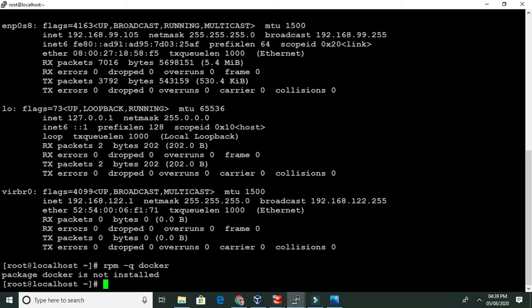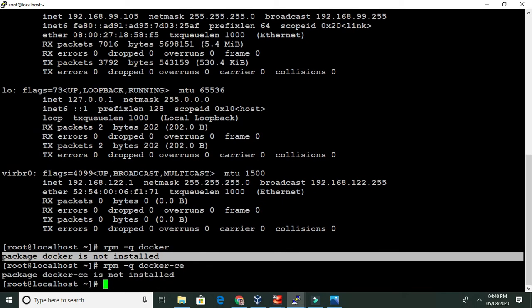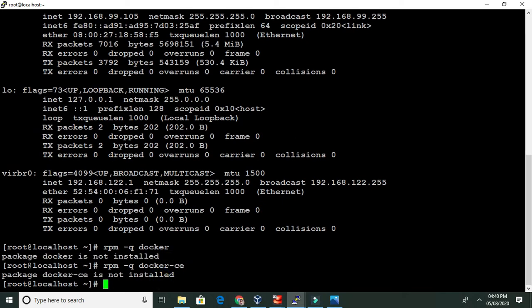You can see here that the Docker package is not installed. So we are going to configure Docker here, then run the Docker service, then pull the image from Docker Hub, and then launch the container here.